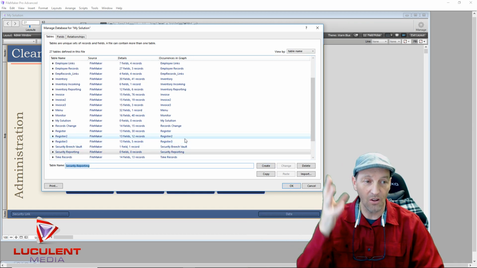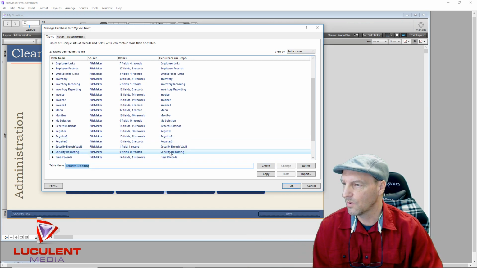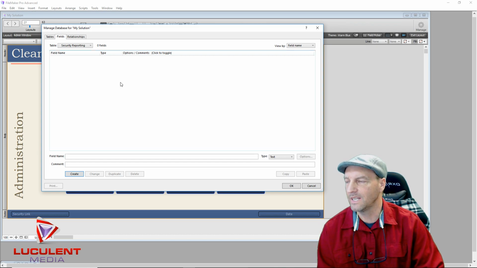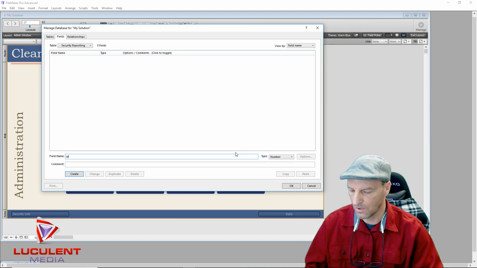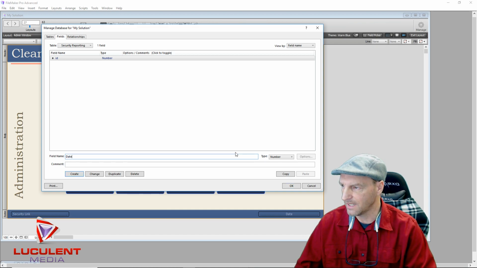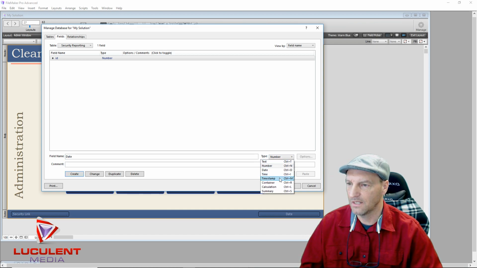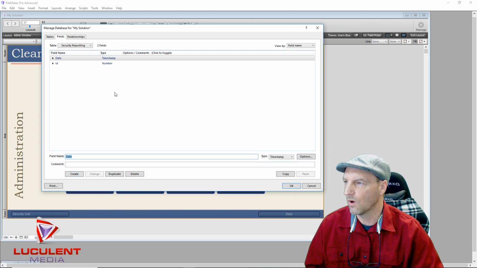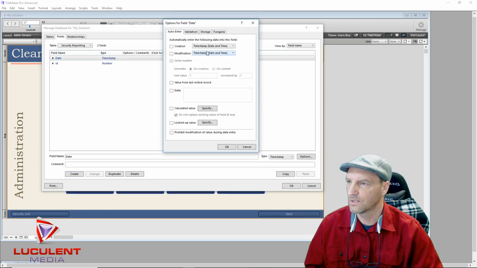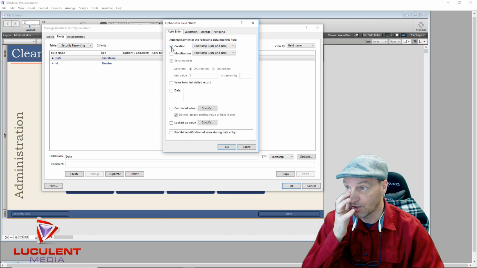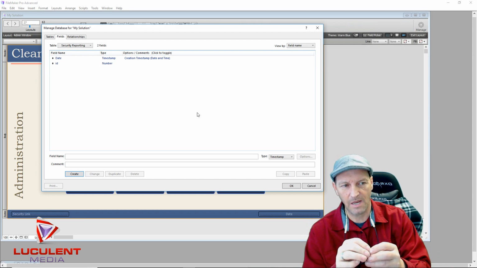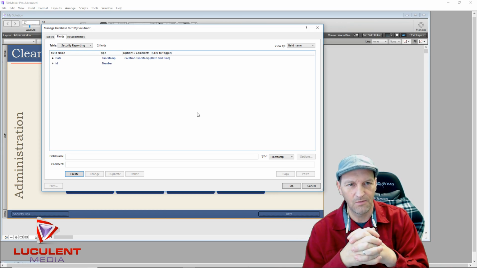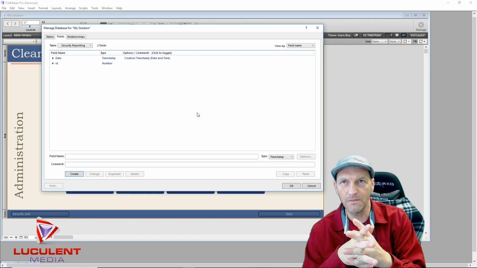Now, as you can tell, we've got a lot of other things. But in our security reporting, we're not going to need a whole lot of data. We are going to need an ID number, which is just fine. Control N for number, and we'll create it. We're going to need the date, and that date is going to be a timestamp. And what we want to do with this date is timestamp, time and date on creation, because we want to know exactly when these things happened, and it's the easiest way to do it. If you do need to know any other information,